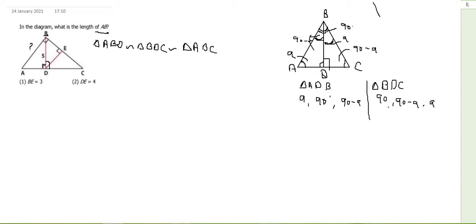So you see, what is the condition for two triangles to be similar? Their angles should be the same, right? So all three angles are the same in both the triangles, and you have the same angles in triangle ABC as well. In triangle ABC also the angles are A, 90 and 90 minus A. So that is the reason whenever you drop a perpendicular on the hypotenuse from the vertex opposite it, which is 90 degrees, this divides the triangle into two similar triangles.